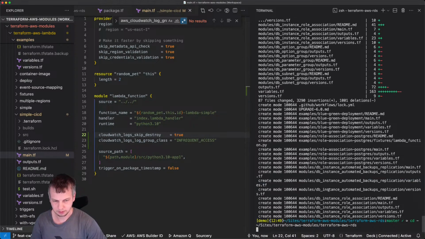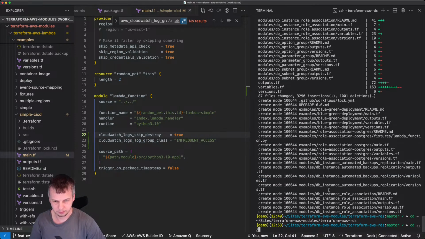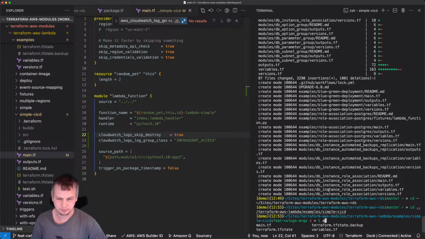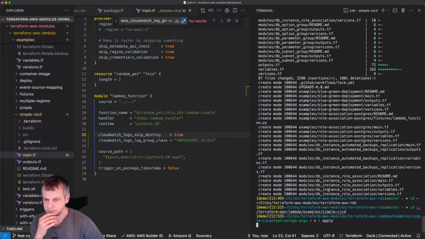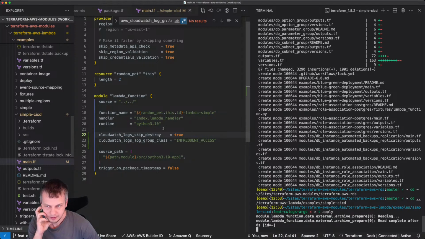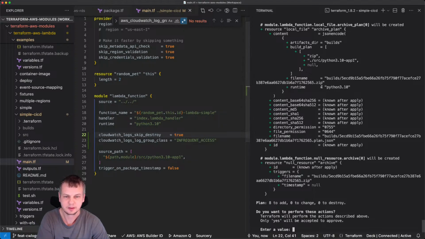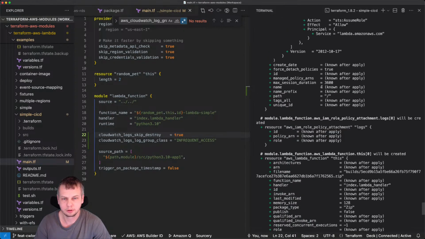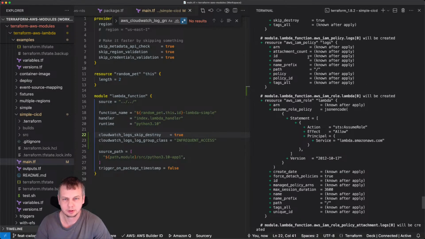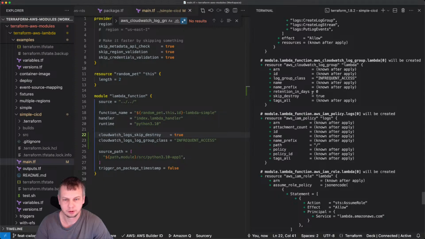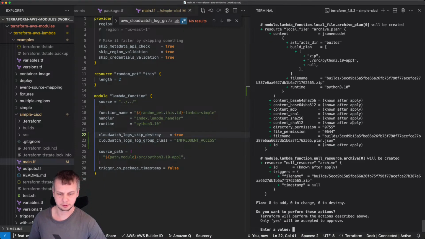Amazing. Lambda example CD. Let's see. So my CloudWatch log groups should be skip destroy true and infrequent access.